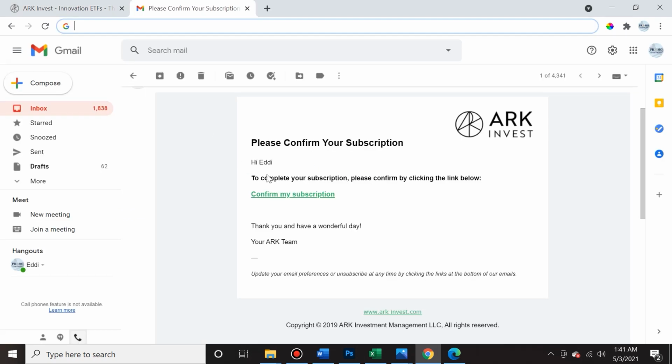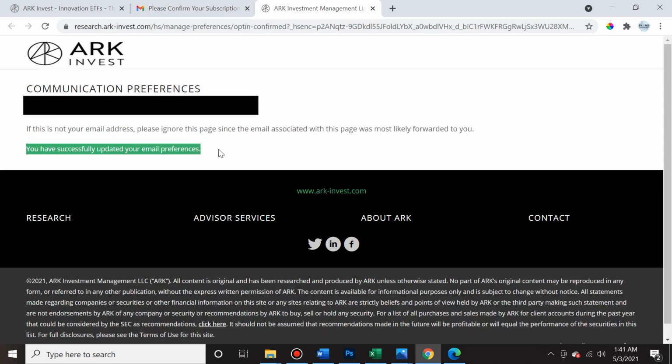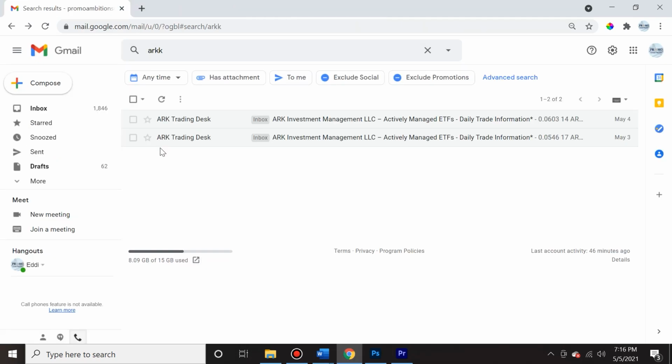So in my case, I use Gmail. So I go into my account, I confirm my subscription, and right here you can see it says you've successfully updated your email preferences. So if you've done it correctly, then at the end of each trading day, between around